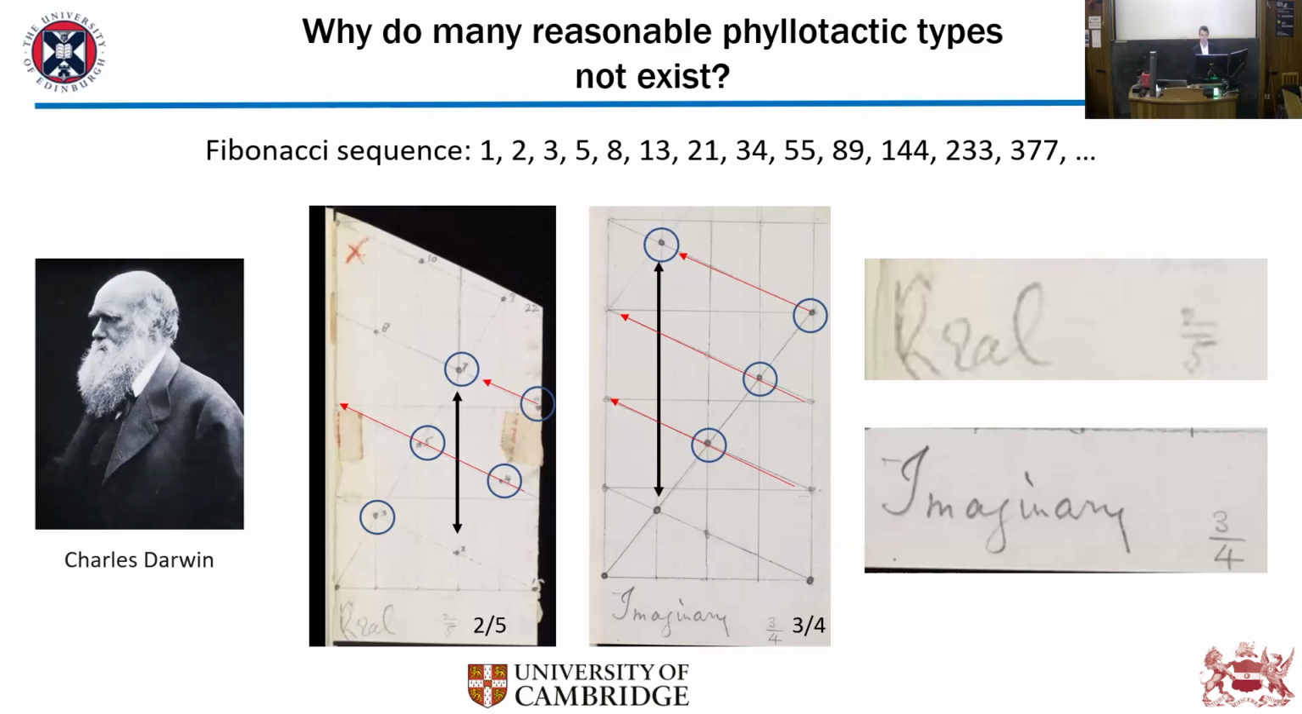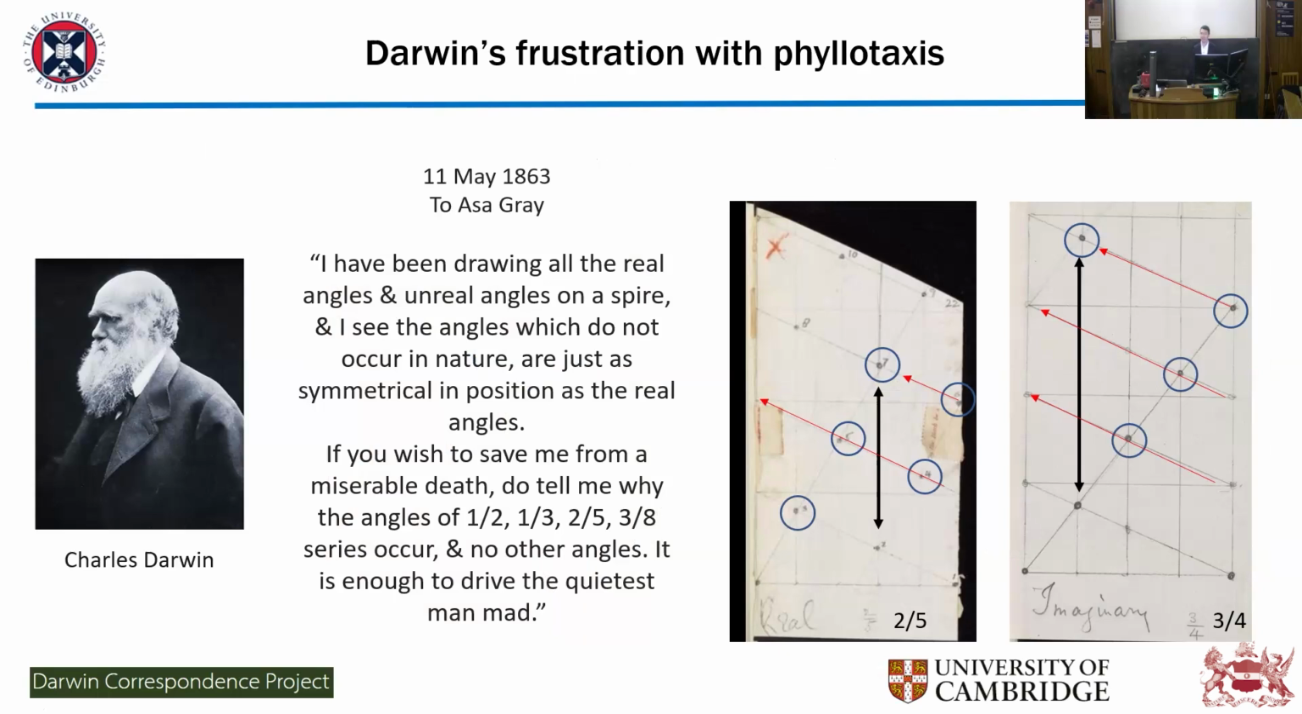And I think he summed this up best in a letter he wrote on the 11th of May, 1863, to the botanist Asa Gray. "I've been drawing all the real angles and unreal angles on a spire, as we've just been talking through with them. And I see that the angles which do not occur in nature are just as symmetrical in position as the real angles. If you wish to save me from a miserable death, do tell me why the angles of 1/2,